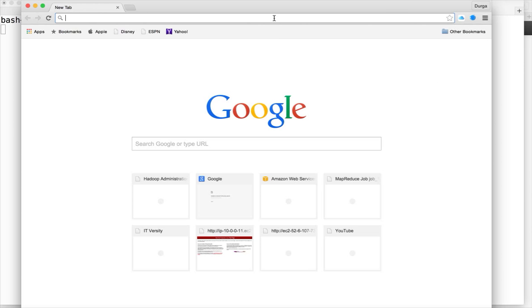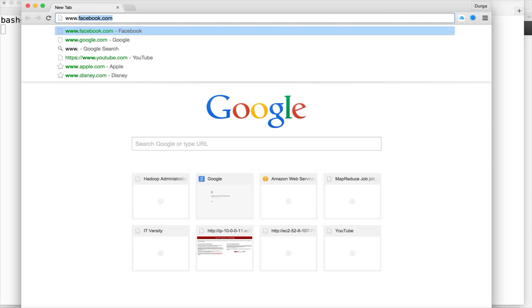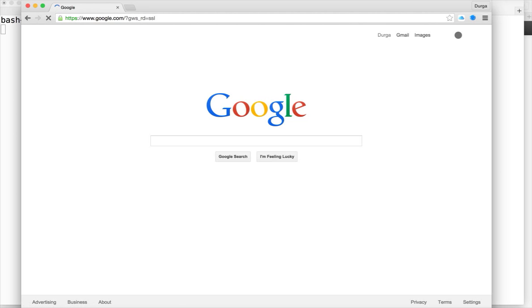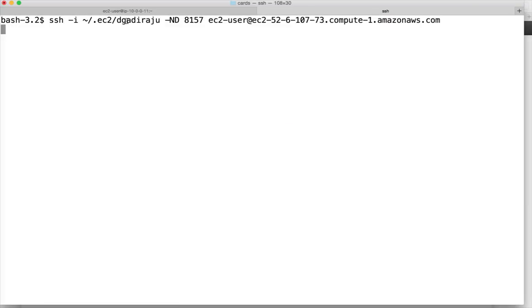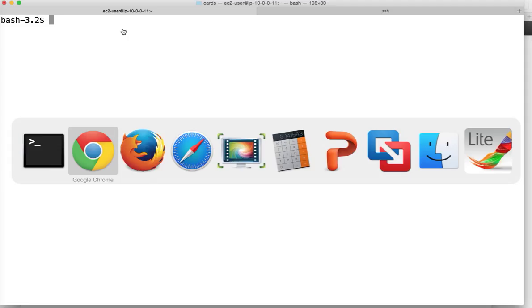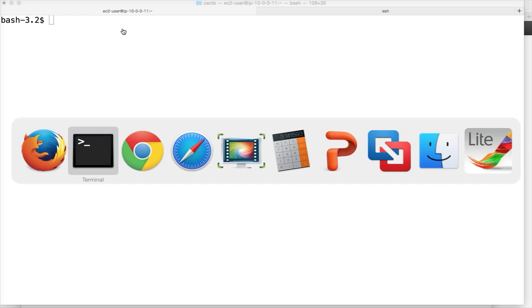Enable it, and to test whether it is working, you can just open www.google.com, and if the page comes back without any issues, that means your FoxyProxy or SSH tunneling is working. That being said, let us go back to the command prompt again, and let us try to connect to our gateway node. So if you look at our cluster,